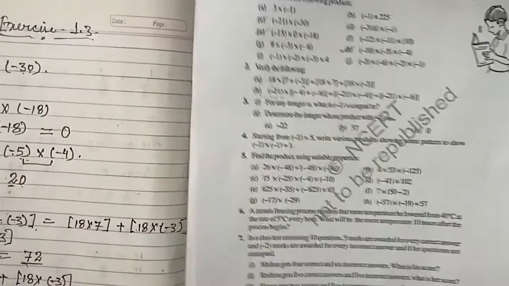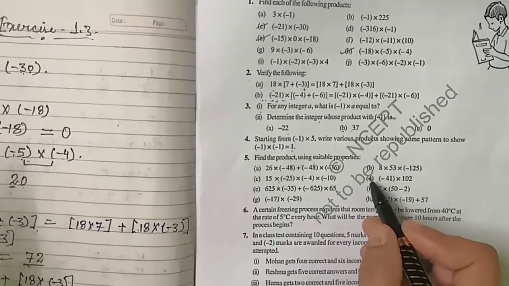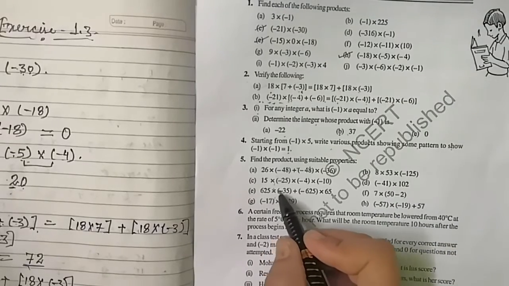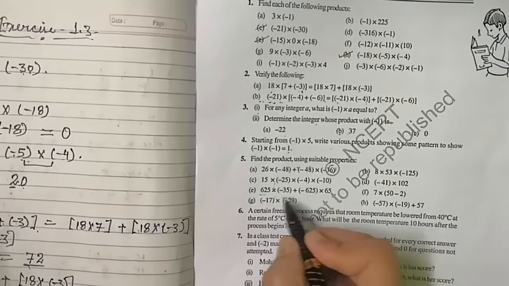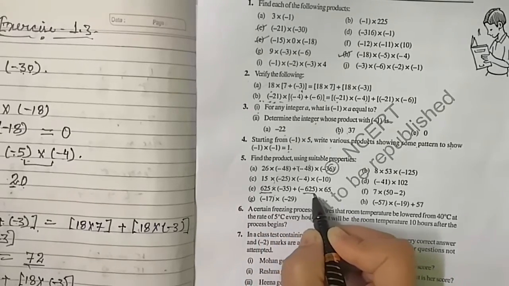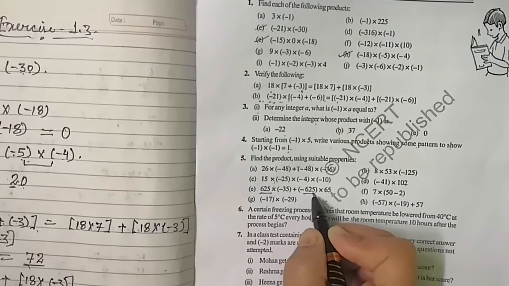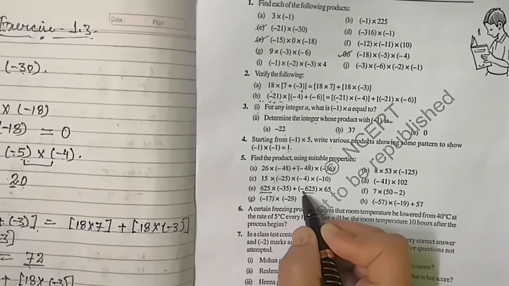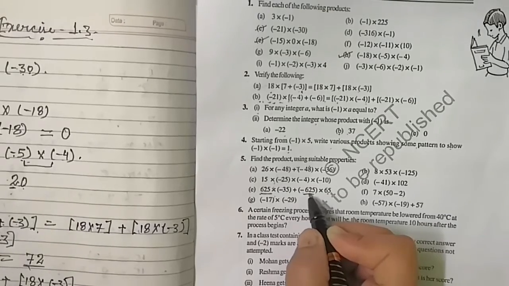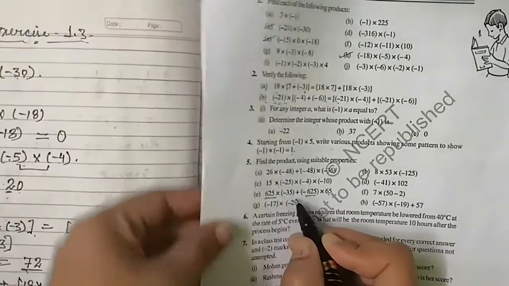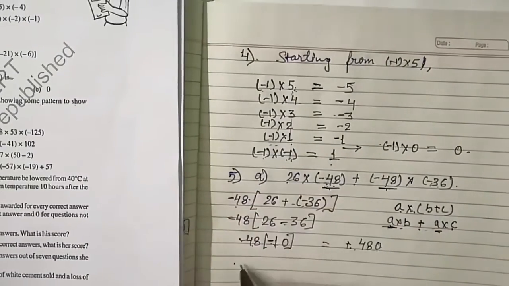Now see, in every question, in every product, you will use some properties. Now see the next one. Which one will you go to? See E. Question number E is also similar. Here also you will take common. 625 and minus 625 is given. So no problem. This minus you can give to 625, and here suppose you consider 625 is given. Let's see, I am doing this one. This was your A question. Question number E.